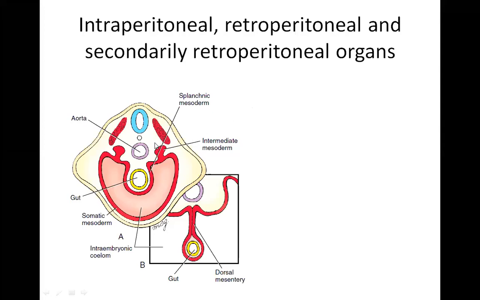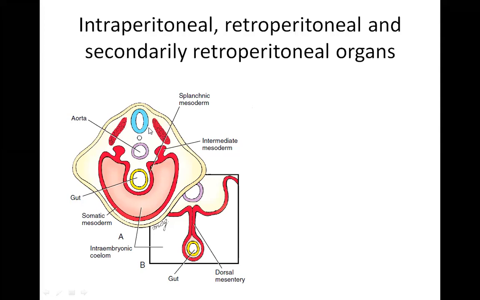Now, the organs which are formed by this is an embryo which is during the folding stage. So this one is from dorsal to ventral side. If we take, this one is the neural tube, notochord, dorsal aorta, which will give its branches via this dorsal mesentery to the developing gut.